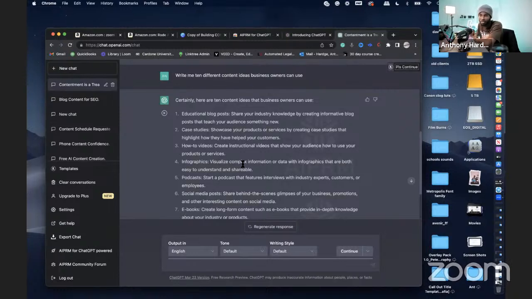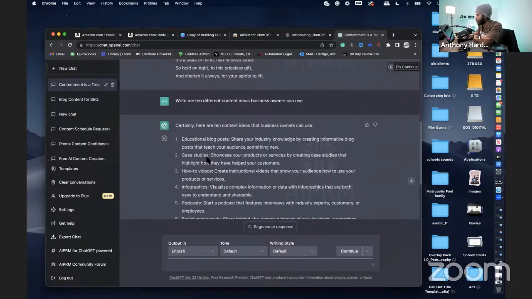If you didn't know what a carousel was, if you've ever seen somebody have a post and then you can slide and see another post, like they have a picture, you slide, see another picture, that's technically called a carousel. Then you can have case studies if you want. You can say that I